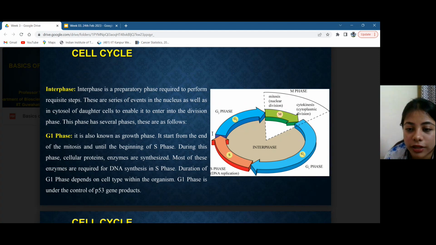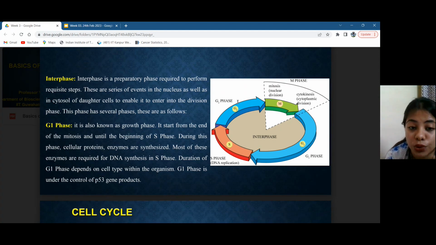If you look here, this is the M phase. From the start of one M phase to the start of the next M phase, this entire region is called the interphase, as shown in gray. After M phase, first you have the G1 phase as part of interphase. It is the growth phase. Mitosis is complete, one cell has divided into two, and cellular proteins, enzymes, etc. are getting synthesized. What is required for DNA synthesis in the next round is also synthesized during this phase,